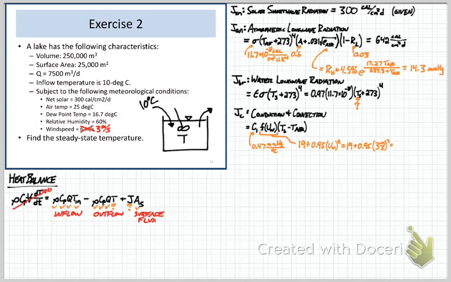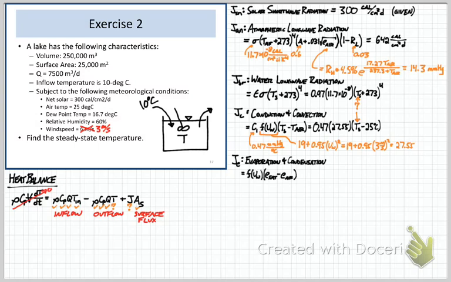And in this problem, with a wind speed of 3 meters per second, taken at 7 meters above the water surface, the standard measurement height, I get a wind function of 27.55. And again, that has both surface temperature and air temperature in it. So when we write out what we do know, we find that we've still got something that has the water temperature in it again. The final heat flux we'll think about is evaporation and condensation, and we can calculate that by